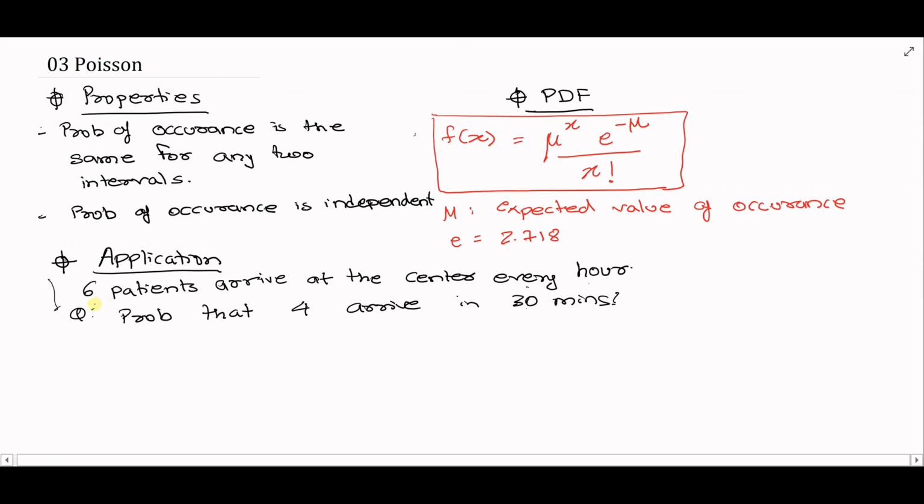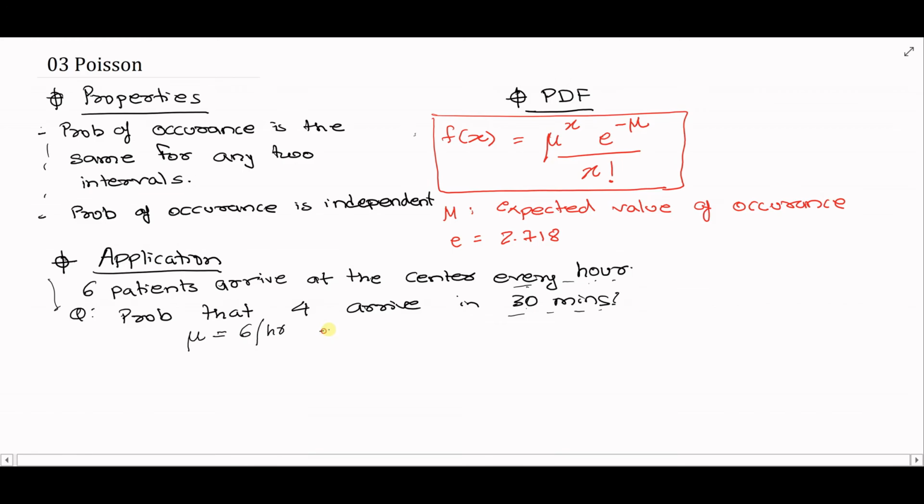Right. So let's think about 6 patients arriving at a center every hour. And we are interested to find out the probability that 4 patients arrive in a 30-minute interval. Now notice the interval here is in hours, and here it is 30 minutes. But since we have this property, our life will be a little bit easier. So in this case, we have mu, which is 6 patients, 6 times something occurs. 6 patients arrive at the hospital or center for checkup or whatever it is every hour,